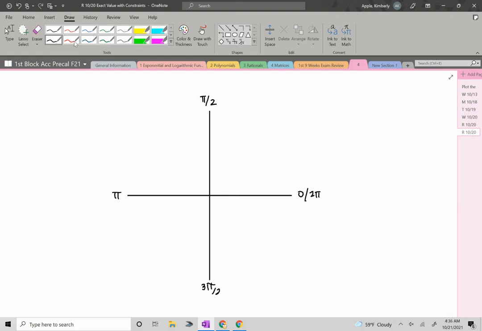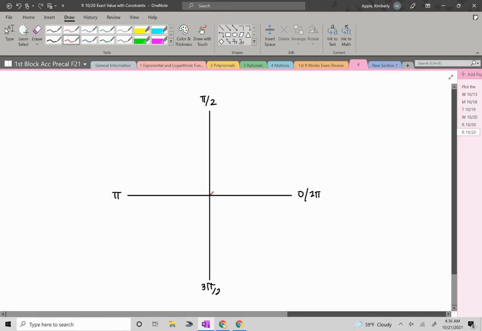So let's do the fourths with red. And remember that the top is 1 pi and the bottom is 1 pi. And so this is 1, 2, 3, 4 pieces. And from there, it's really just constructing the fractions. So this would be 0 pi over 4, 1 pi over 4, 2 pi over 4, 3 pi over 4,